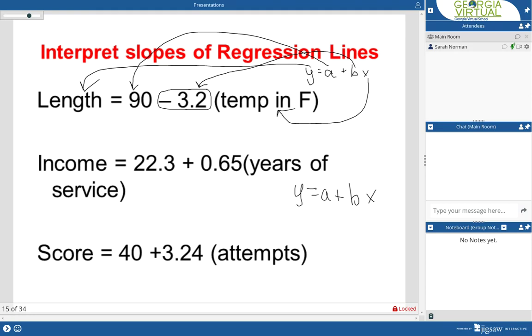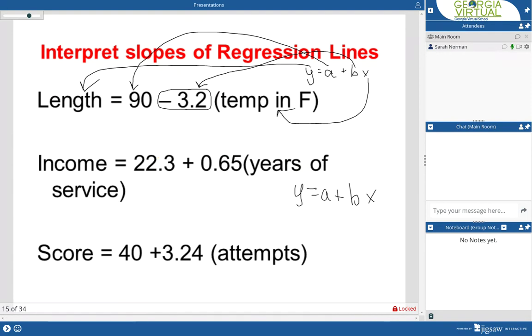I don't know if I want to stay here. If I have a lot of potential to make good money, maybe I'll stay here. But if in 5 years I'm still not making much money, probably going to consider some other options for a career. Well, you could take 5, which is your years of service, multiply it by 0.65, and then add 22.3,